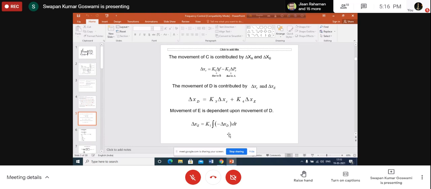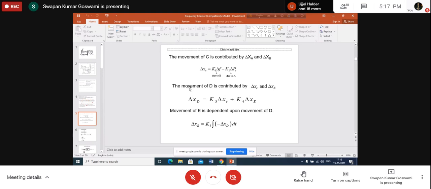So if it is clear, now on the basis of these three equations, three expressions, we shall be developing the mathematical model of the speed governing system. The speed governing system basically is a control system, a speed control system. You have started learning control system because that paper has been initiated, I think. For the analysis or for representing a control system, we know that we represent it in terms of some transfer function.